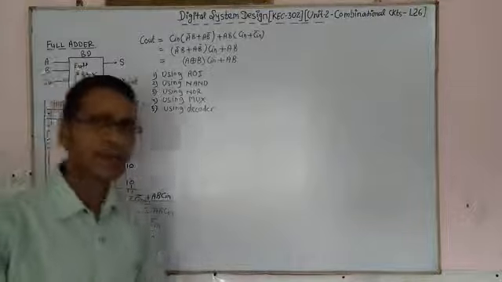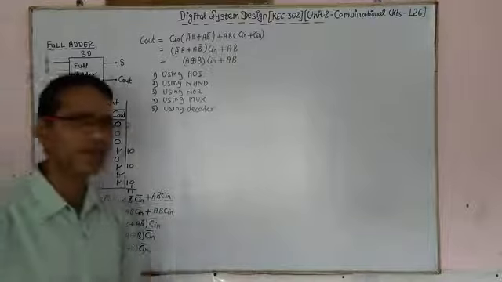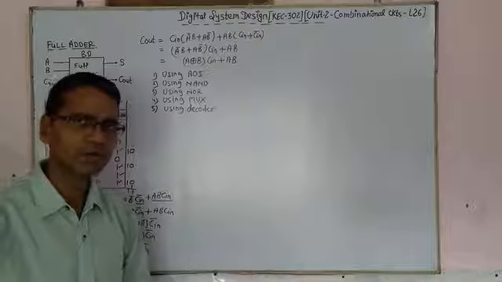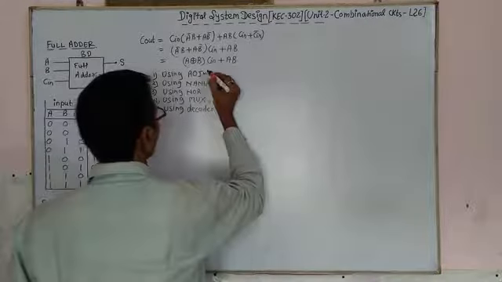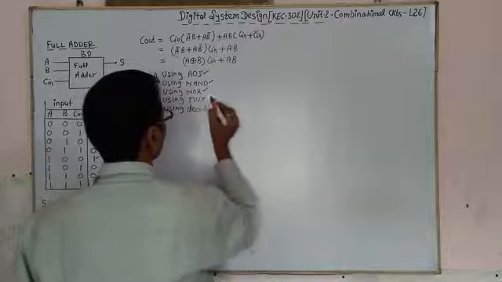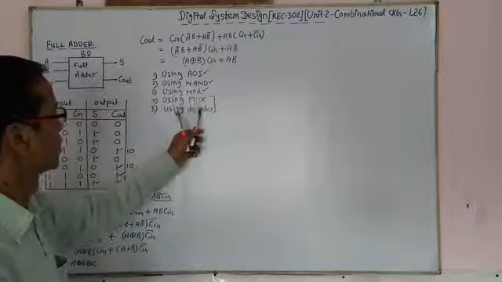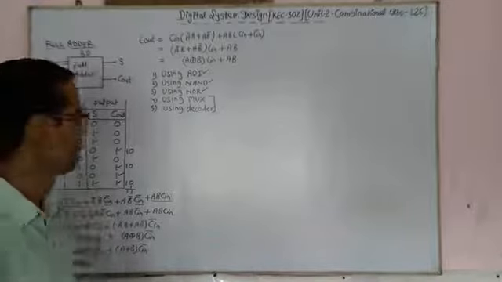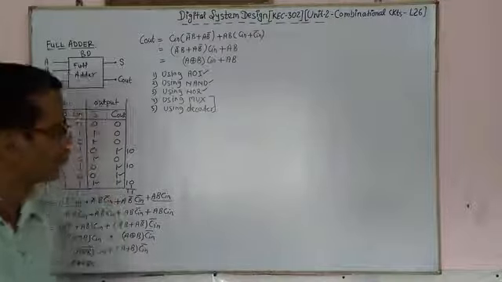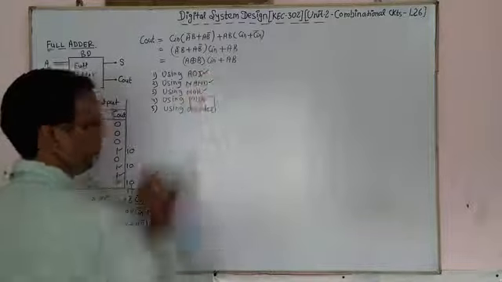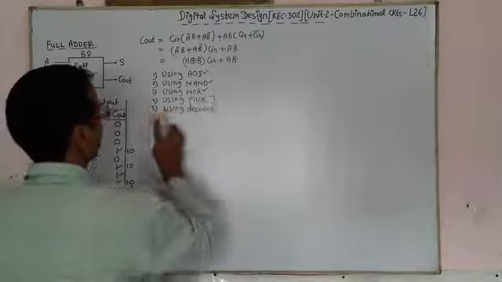Any function you can design using this. We have 5 ways, or you can design using encoder. Okay, so here we are going to design using AND, OR, inverter, NAND and NOR, and these two we will use after the completion of this multiplexer and decoder. After that we will design this full adder using MUX and decoder. Okay, so now we are going to design using AND, OR, inverter first.